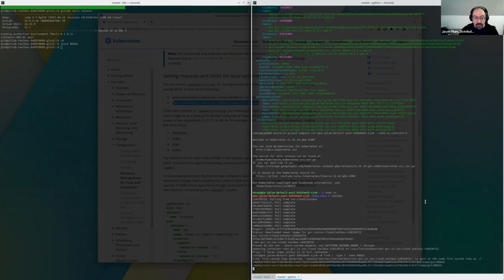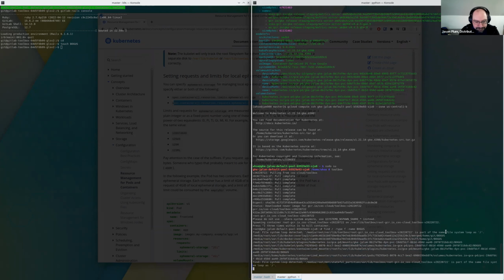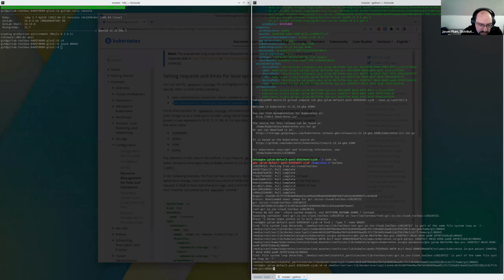I'm going to let the file system do its thing. It's going to take a minute. And it's going to find multiple entries. The question is, which one do we care about? We actually care about this one right here, this diff. If I do cd and I take off everything down to the diff,